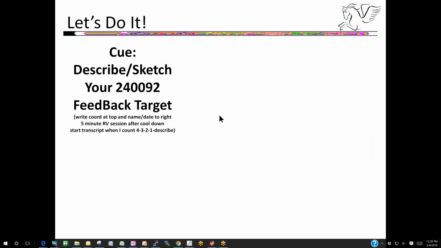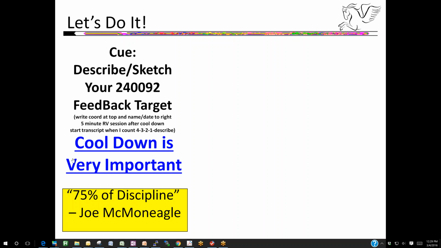So begin to quiet down. The next thing we're going to do is a cool down. You've got the coordinate at the top of your page. You've got your name. We'll do a cool down, which will be pretty short. But Joe McMoneagle really believes this is like 75% of the discipline. I'm going to have him on one of these Let's Talk so we can ask him about that in more detail. But I think what he means is if you're going to get this precognitive information, you need to